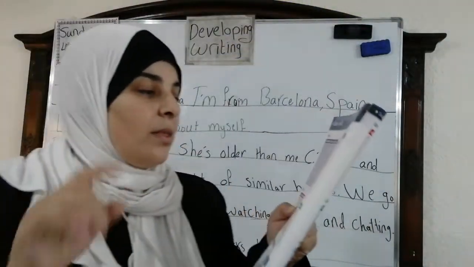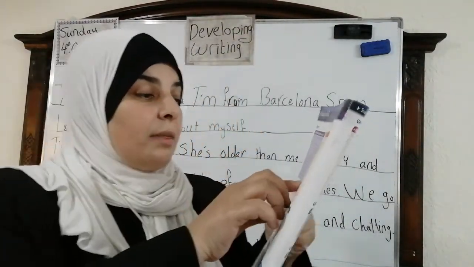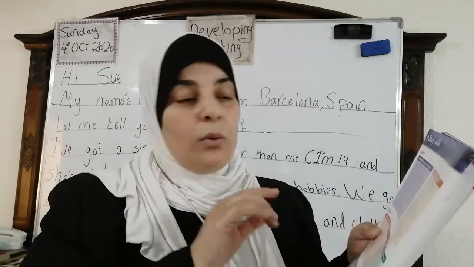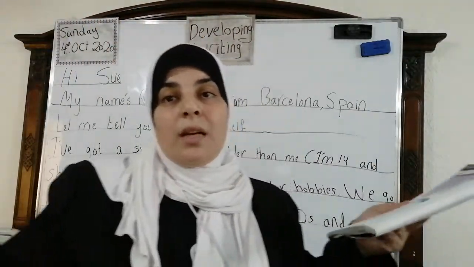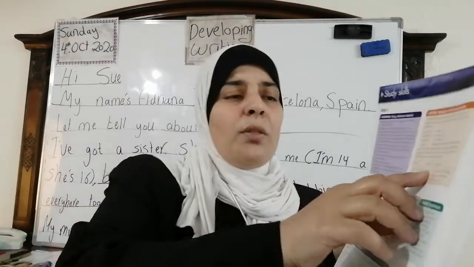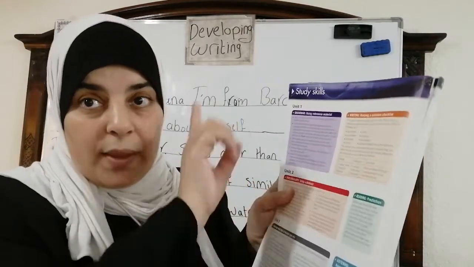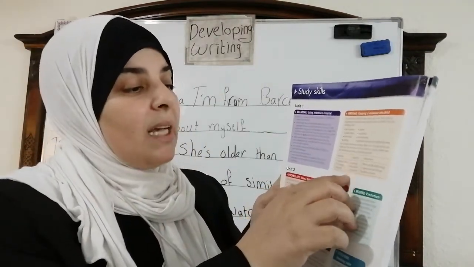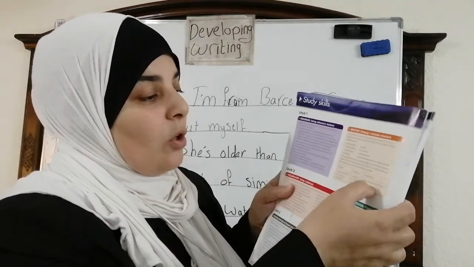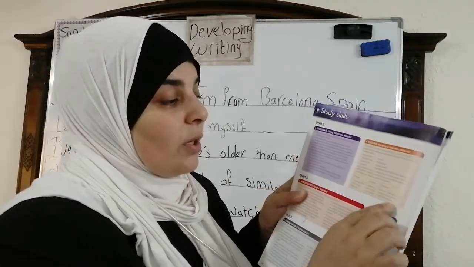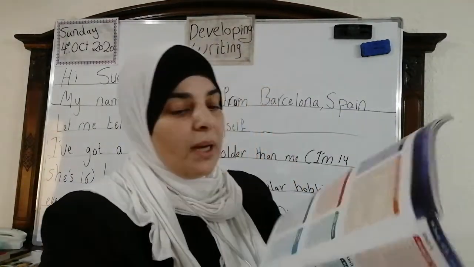For example, the mistake is, where is the mistake? I'm going to tell you. Mistake: In general, I think the money is important. We have taken that. When we talk about something in general, we don't put the article the, okay? This is the correction: In general, I think money is important, without the, okay? Deal? Explanation why: when we talk about things in general, we don't use the definite article. Okay? Now, I want you to return back here.